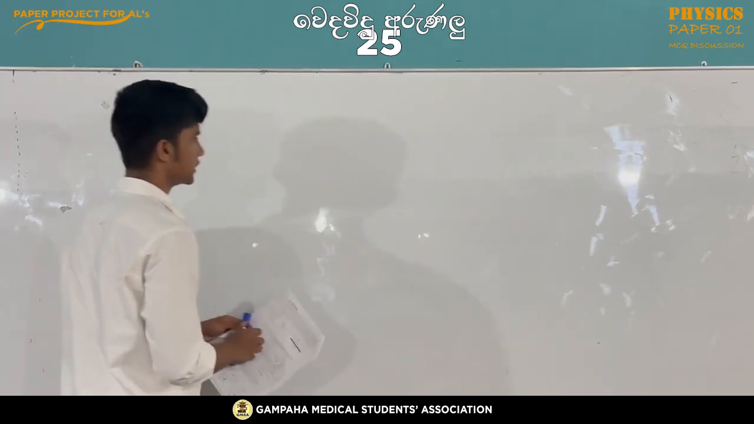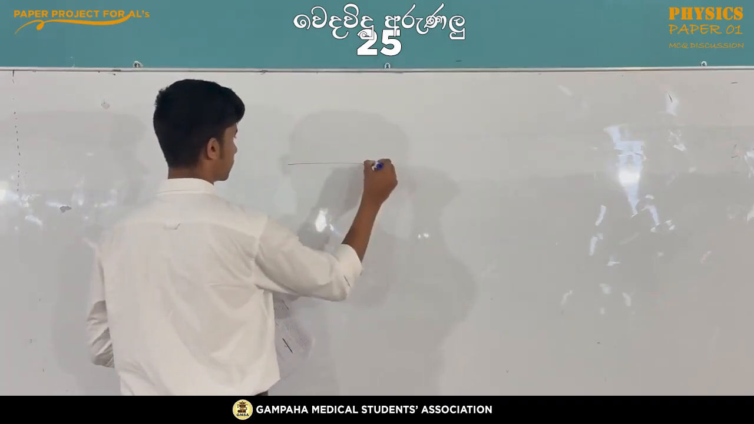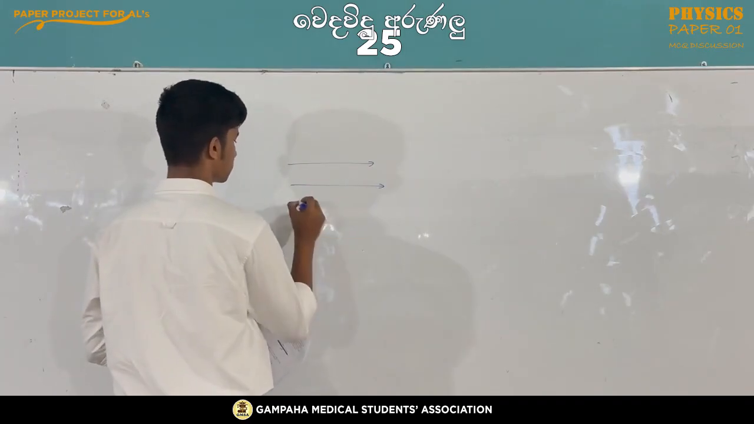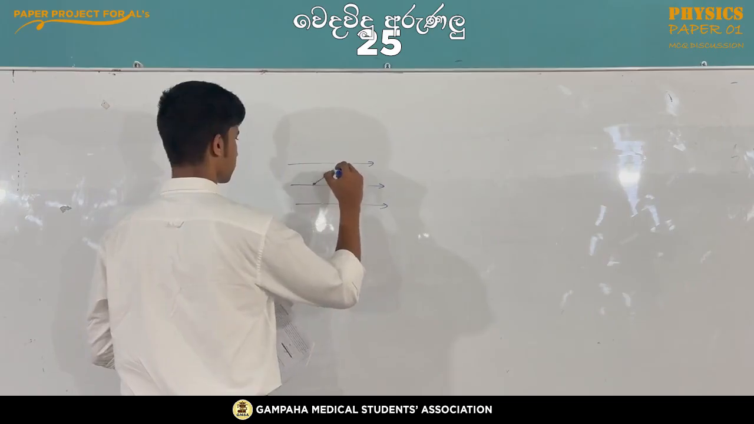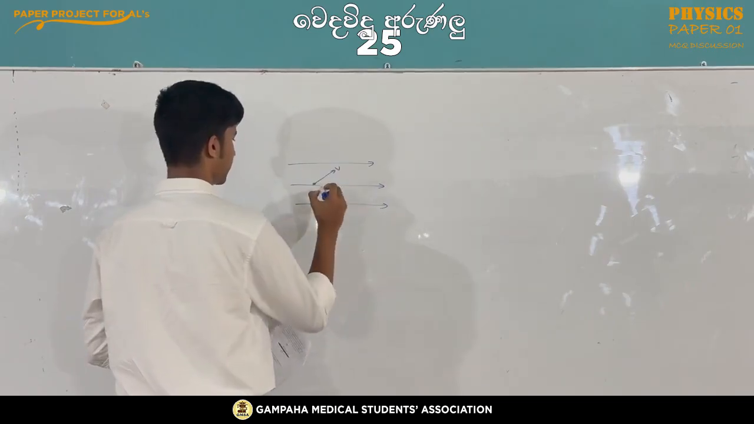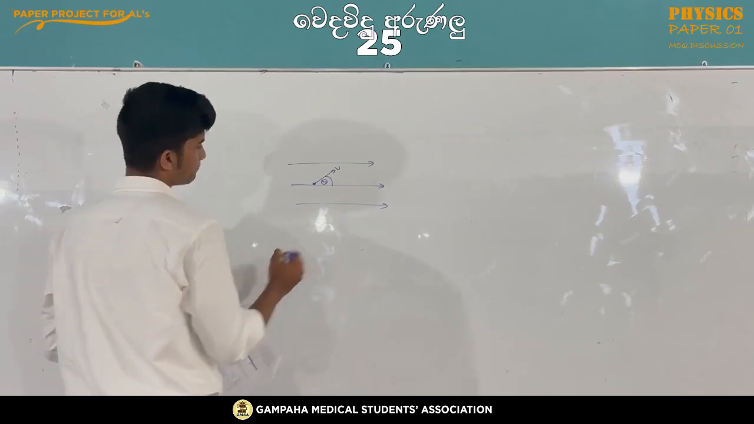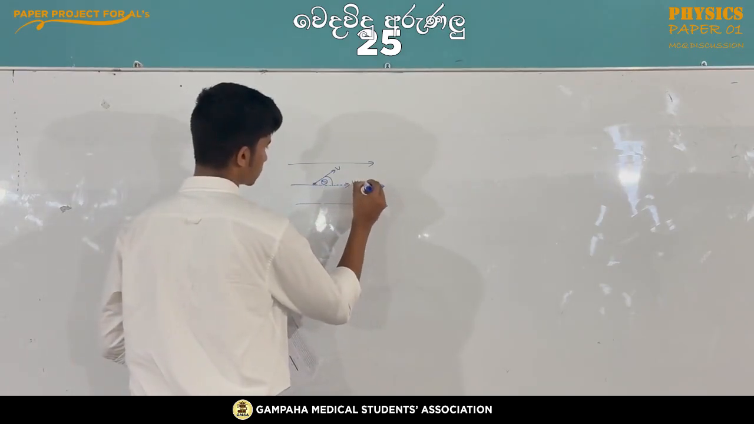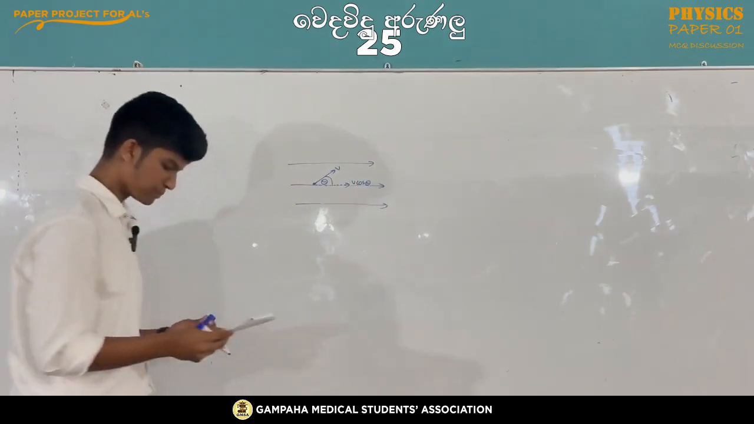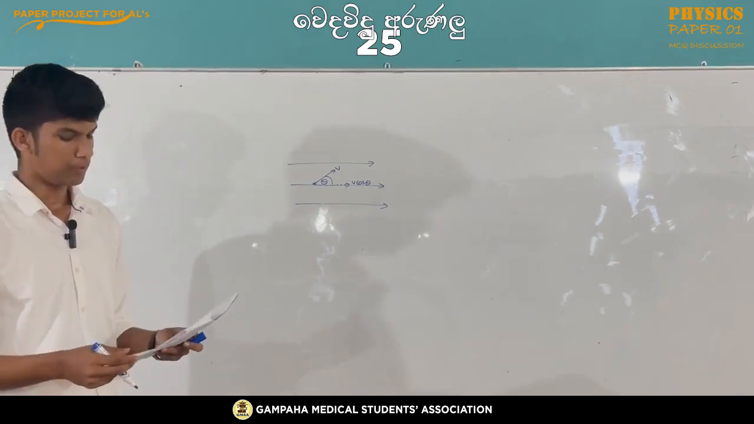So let's consider that there is a magnetic field moving to the right side. Magnetic field to this direction, and then a particle with the velocity of v enters at the angle of theta to the magnetic field. Then its horizontal velocity is v cos theta. So first of all, we know that